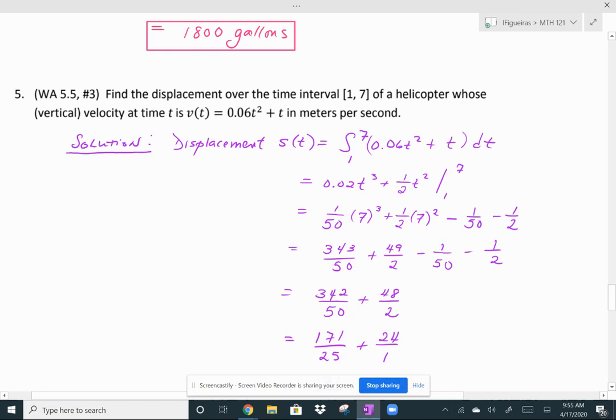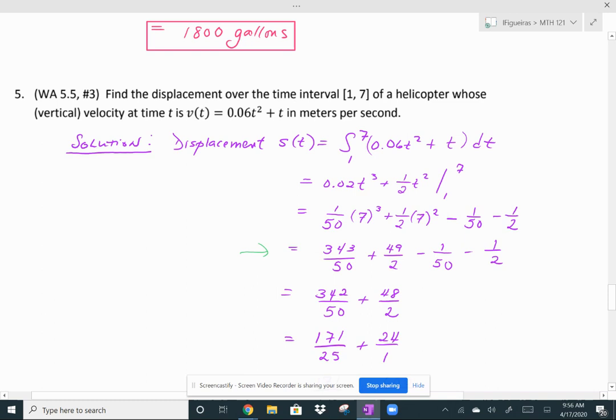So you take the antiderivative seen here in line 2, add 1 to the exponent, that's where t cubed comes from, multiply 0.06 by a third, so we get 0.02 t cubed plus 1/2 t squared. Now we're ready to plug in our limits. So you substitute the upper limit first and then subtract when you substitute the lower limit. So I've already subtracted and distributed, which is why that term turned negative. So then you simplify and you get what you see in this line, 343 over 50 plus 49